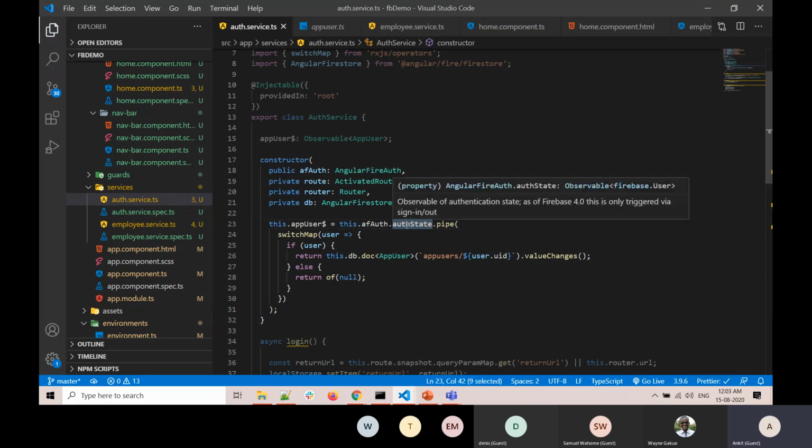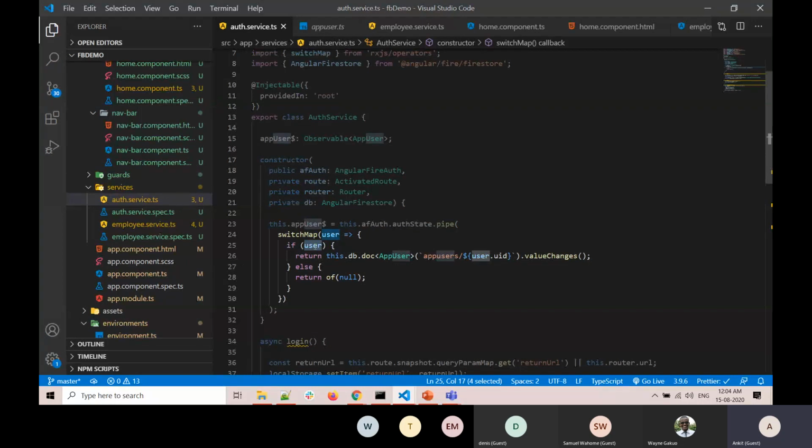If the user has logged in, we are going to return the data stored in the app user with that particular user ID, and from this data we will check the user ID as well as the image URL which we are going to show in our navigation bar. Else it will return null because the user has not logged in. That is why we are setting the appUser observable property over here.